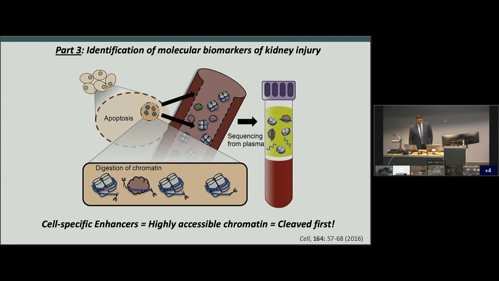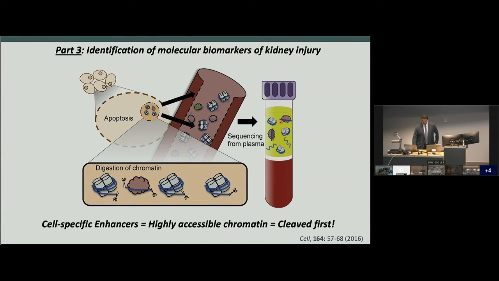But the fact that those enhancer regions, which I told you about, which are already open, they're going to be preferentially susceptible to this cleavage. So in the early stages especially, DNA is going to be preferentially released from the enhancer sites compared to the background of very compact nuclear chromatin. Now, this has already been leveraged to try to identify a cell of origin for tumors and to identify tumor types. But we wondered, now that we have kidney-specific maps, can we actually leverage this to understand kidney injury?